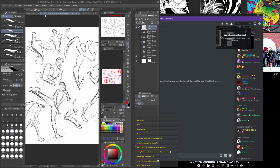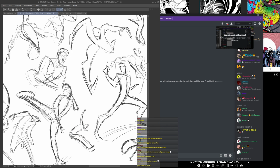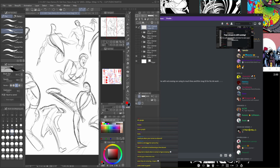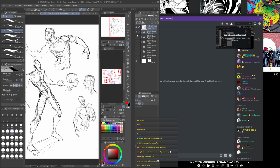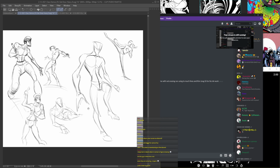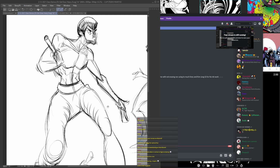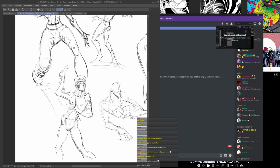Let's see. I got some other examples from... Oh yeah, this is from last night. Yeah, look at these. I think I started to tighten up towards the end of the evening. And this is something I did after class. Let's see if I can find some good examples somewhere here. It's not working the best, but this is some wonky exaggeration of me combining a little bit of what I was vibing with